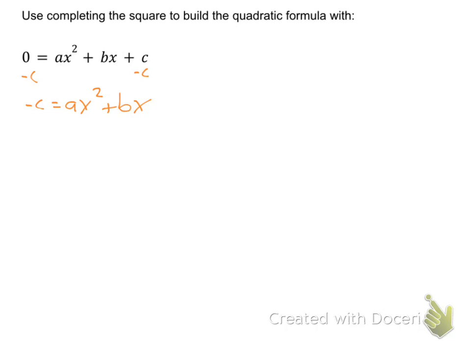So, I'm going to divide by A. But remember, what I do to one thing, technically I have to do to all things. Essentially, what I do to one side, I do to the other, then distribute the dividing by A, or 1 over A, to everything. So that's why everything gets divided by A. The A's will cancel. And so you're left with negative C over A equals ax squared plus b over a x plus something